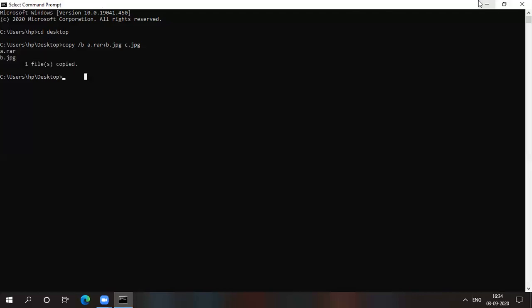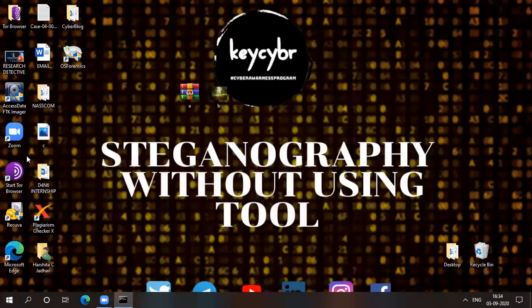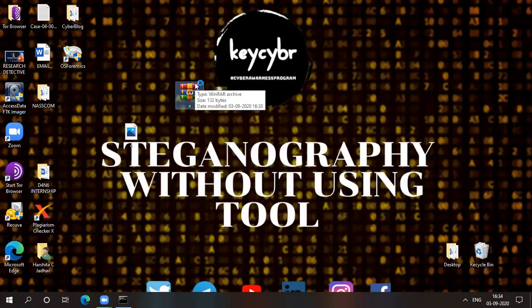So now we are going to see our c image. Okay, this one is our image. Okay, this one is our steganographic image. So how can we see the hidden file? Because if I want to share this file with another person or my colleague, I need to be very careful.